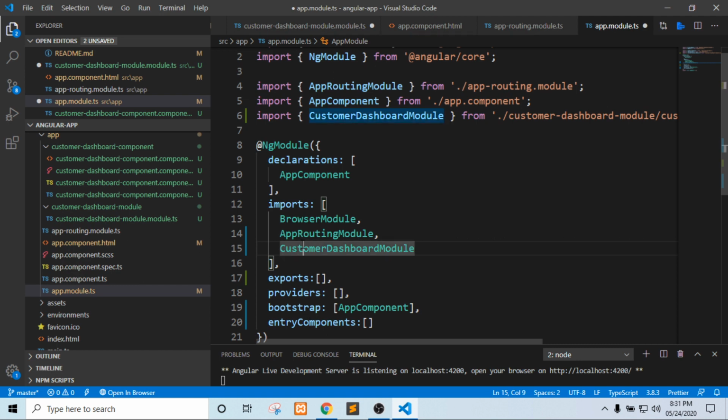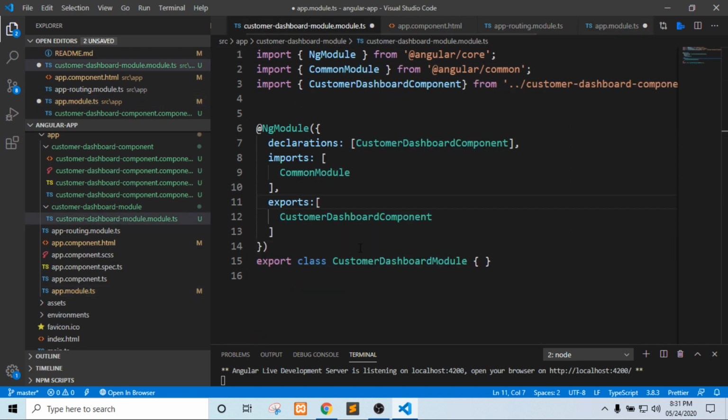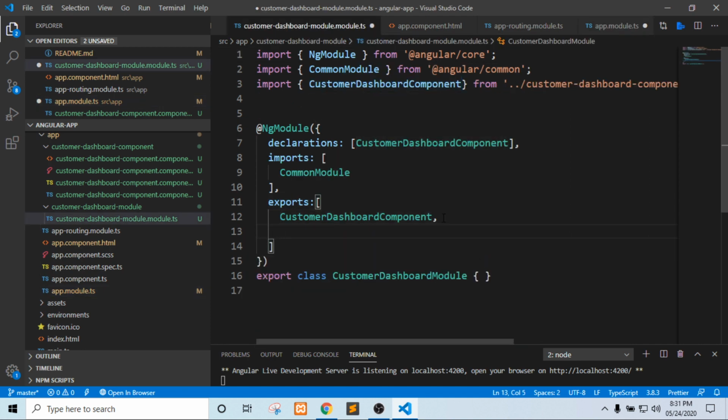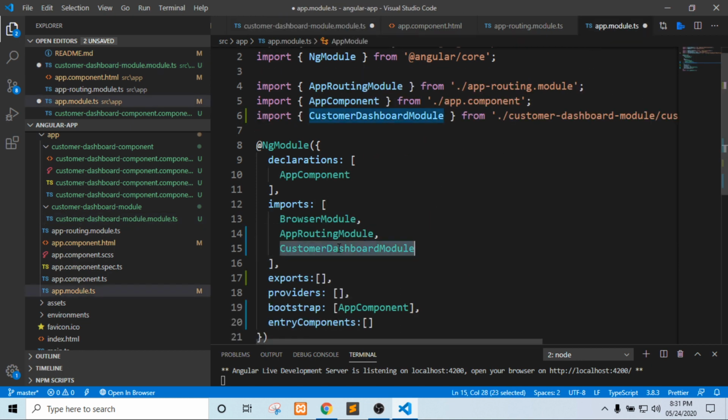We will import that module. So if we have, suppose, 10 or 100 components and directives, we just need to import the one customer dashboard module here, and we can use all the components. If there are 10, then we can use all 10 components in the app module.